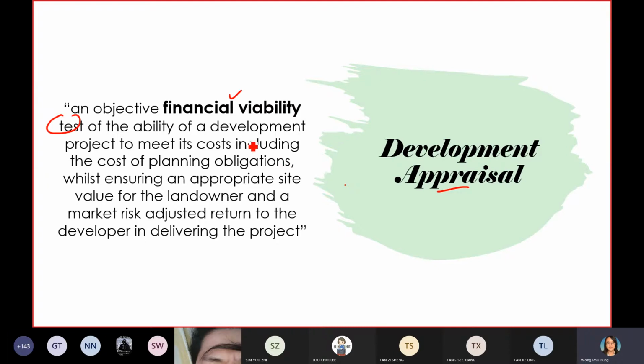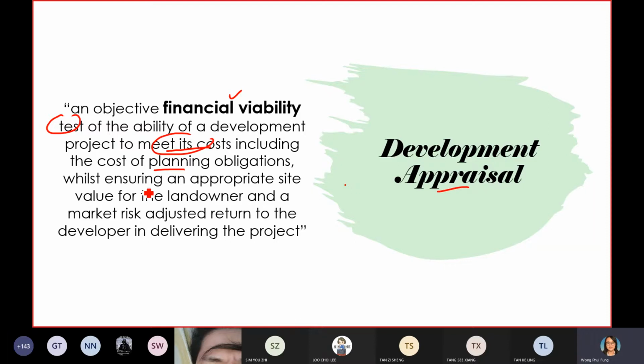So we test the project feasibility, whether it has the ability or not at the end of the day to meet the cost, including whatever costs there are, including the cost of planning obligation. So when you kickstart a project, there are many costs that you need to pay, you need to commit. So development appraisal is to see whether the project has the ability to pay the cost or not,